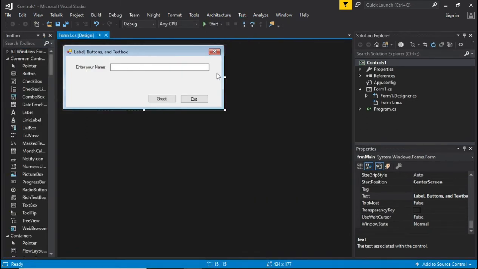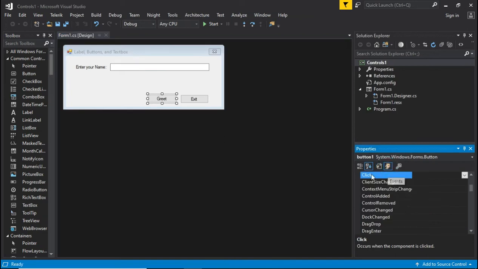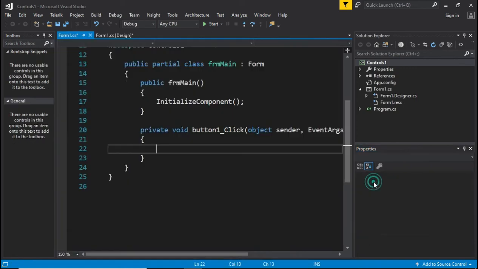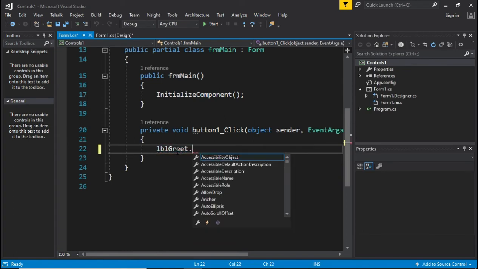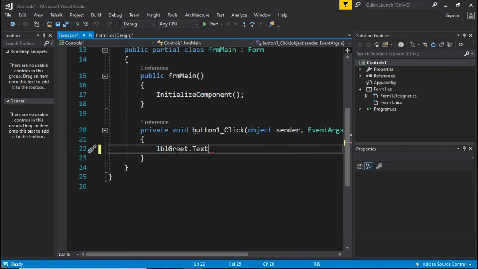So we want that to happen whenever we click the greet button. So let's select the greet button, and then inside of our events list within the properties window, let's look for the click event. So here you go, and then double click this, and then let's write here. The name of our label is lblGreet, and we will make use of the text property because we want to display a text using the label greet. So we will write there,